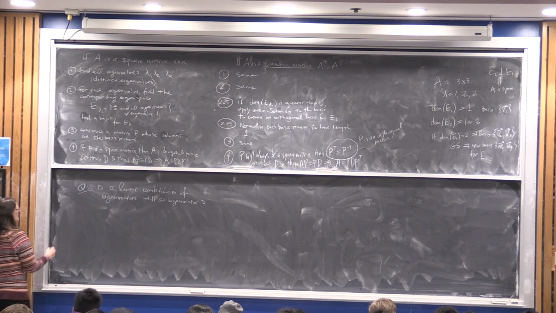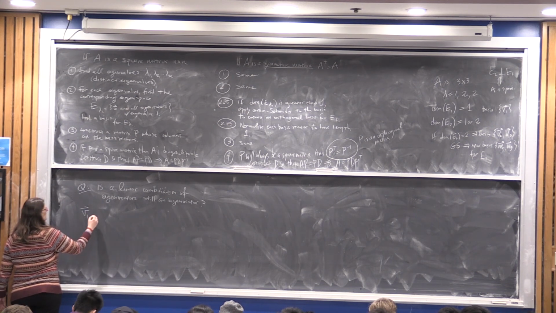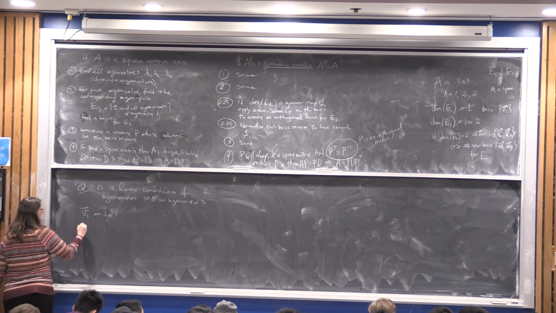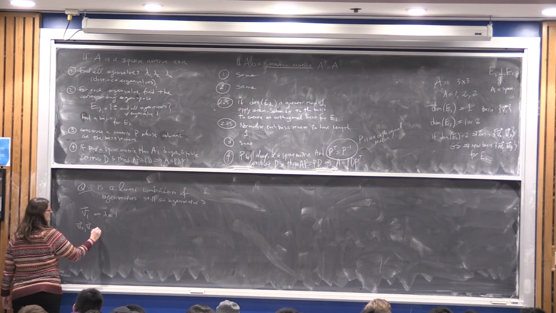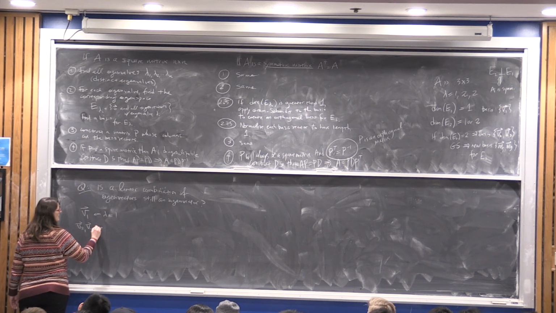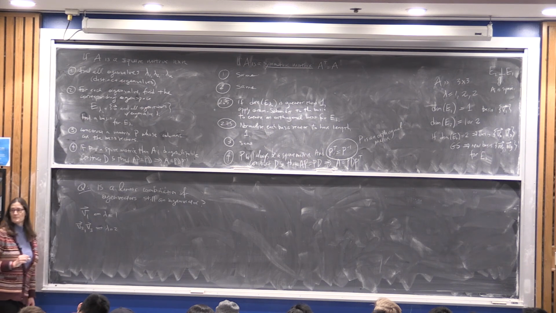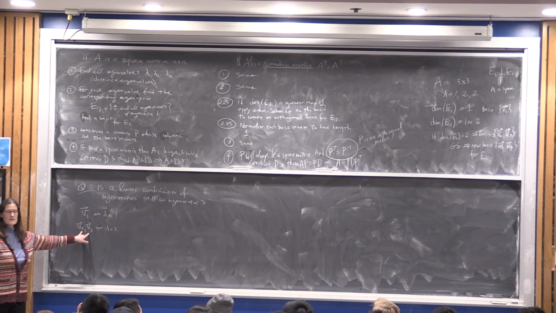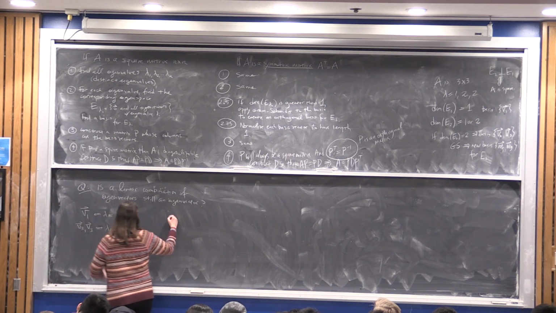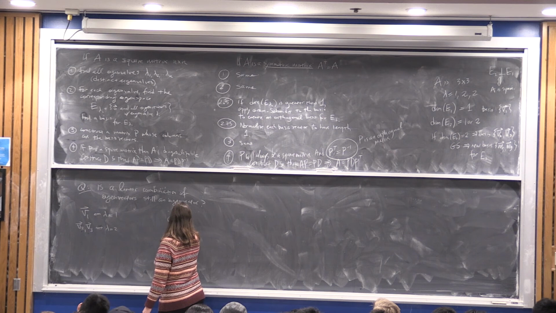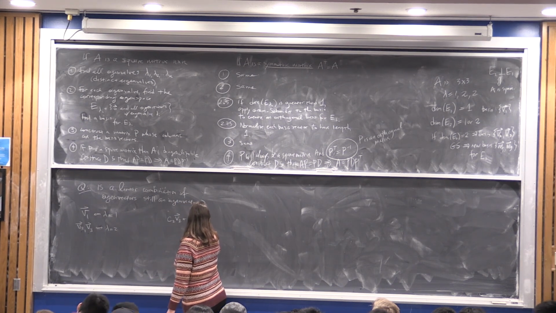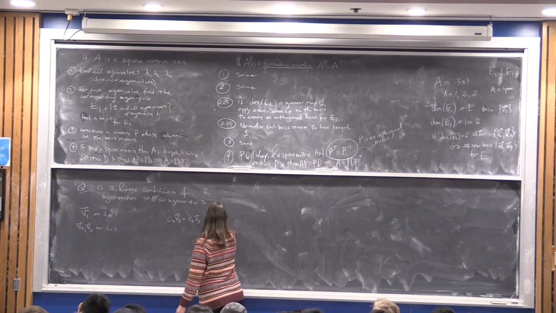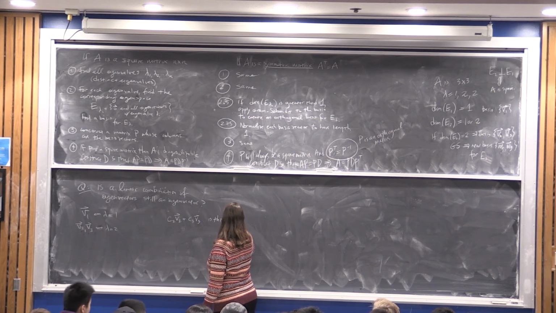So let's stick with our example. We have V1, which has eigenvalue lambda equals 1. And we have V2 and V3, which have eigenvalue lambda equals 2. All right? So I'm going to first try a linear combination of these two. So let's look at C2 V2 plus C3 V3. It's a linear combination of these two. Is this an eigenvector